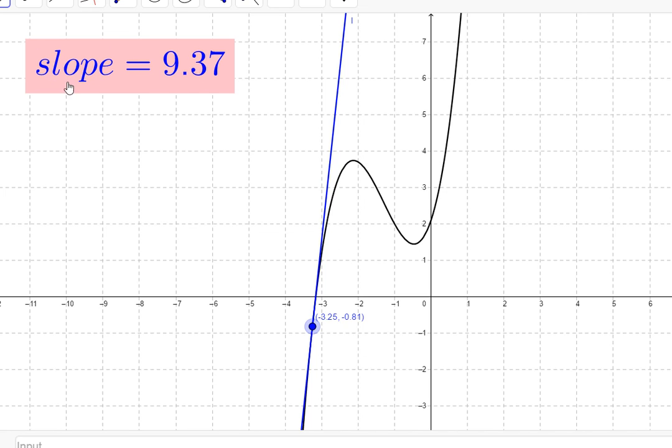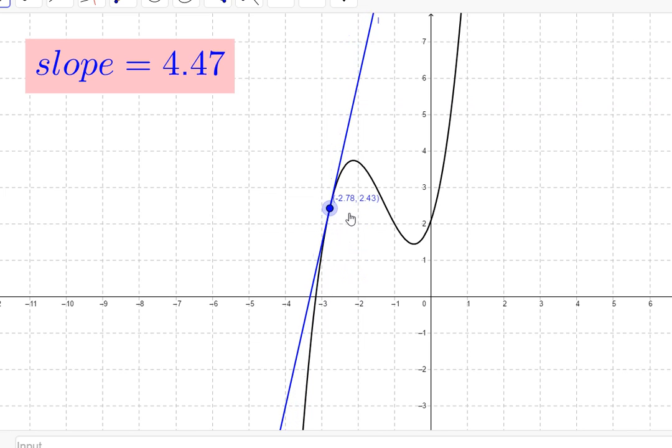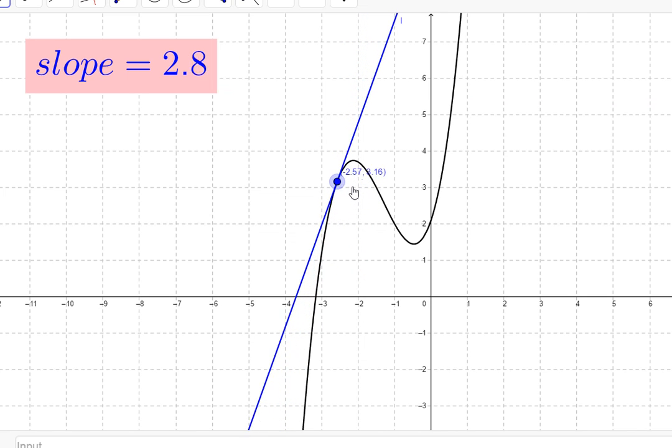Now, keep track of the slope here. This is our derivative. This is dy/dx for different values of x as I move my cursor around. So keep an eye on what the slope is doing as we bring our x values to the right. To begin with, we start off with a slope of, we'll say, around 10. And then as we move forward, what's happening to the slope as we go up towards the maximum point? It's becoming more negative. So the slope is still positive, but it's becoming more negative as we head up towards the maximum point